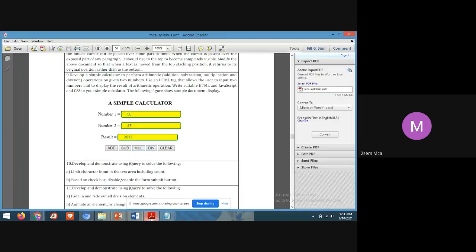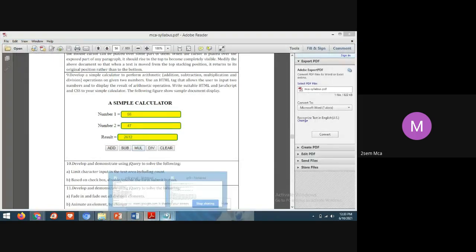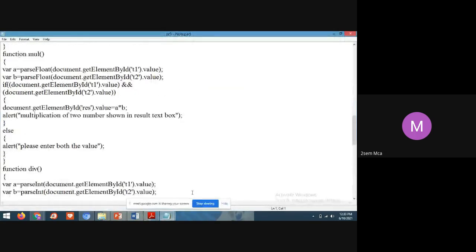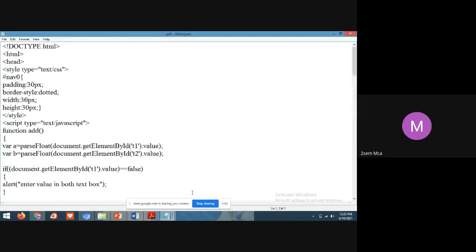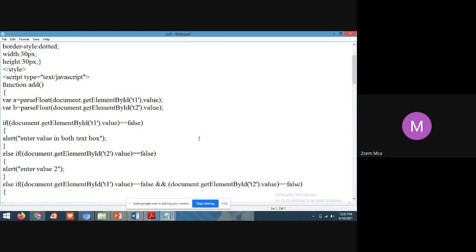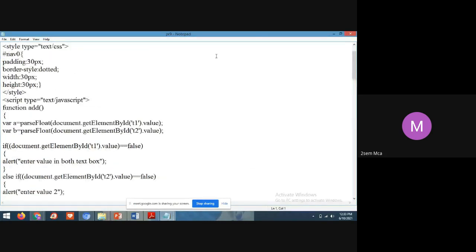You try this program. If you are not able to execute, then anyway, I have the code. I will share this code. So this is simple. You try this code, students. If you are not able to do, then whatever the code I have, I will explain later.